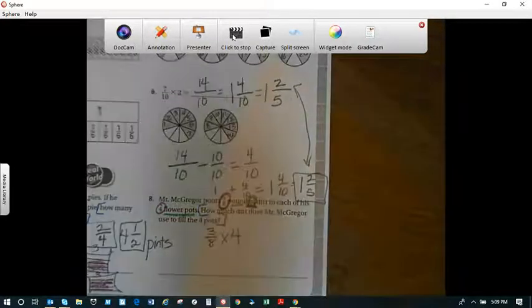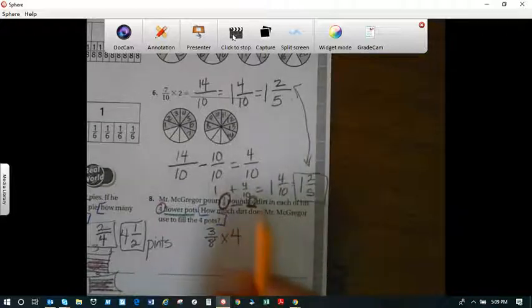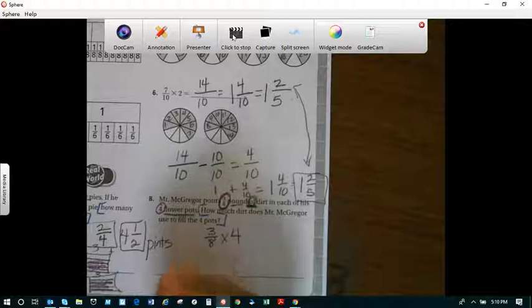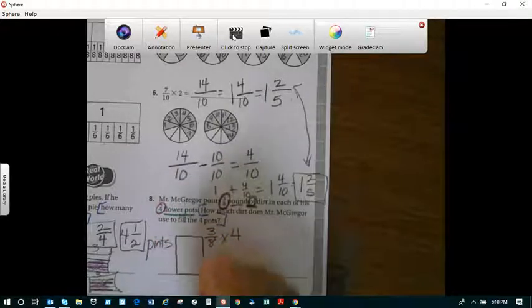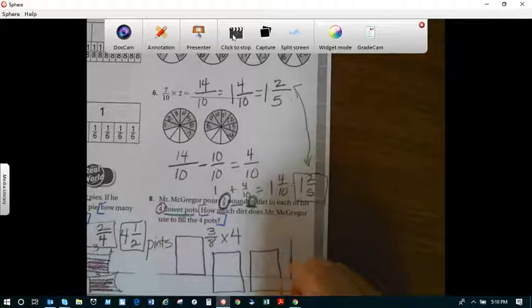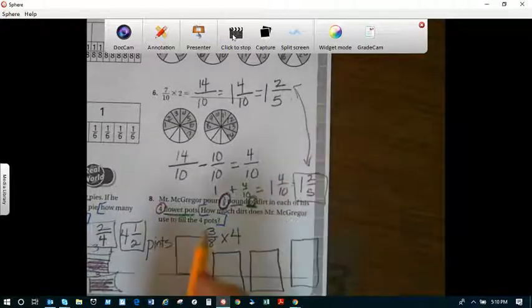So now I'm going to draw my dirt bags, because he used 3/8 of a pound of the dirt in each of his containers. So each flower pot is 1 flower pot, 2 flower pots, 3 flower pots, 4 flower pots. I'm going to have my denominators